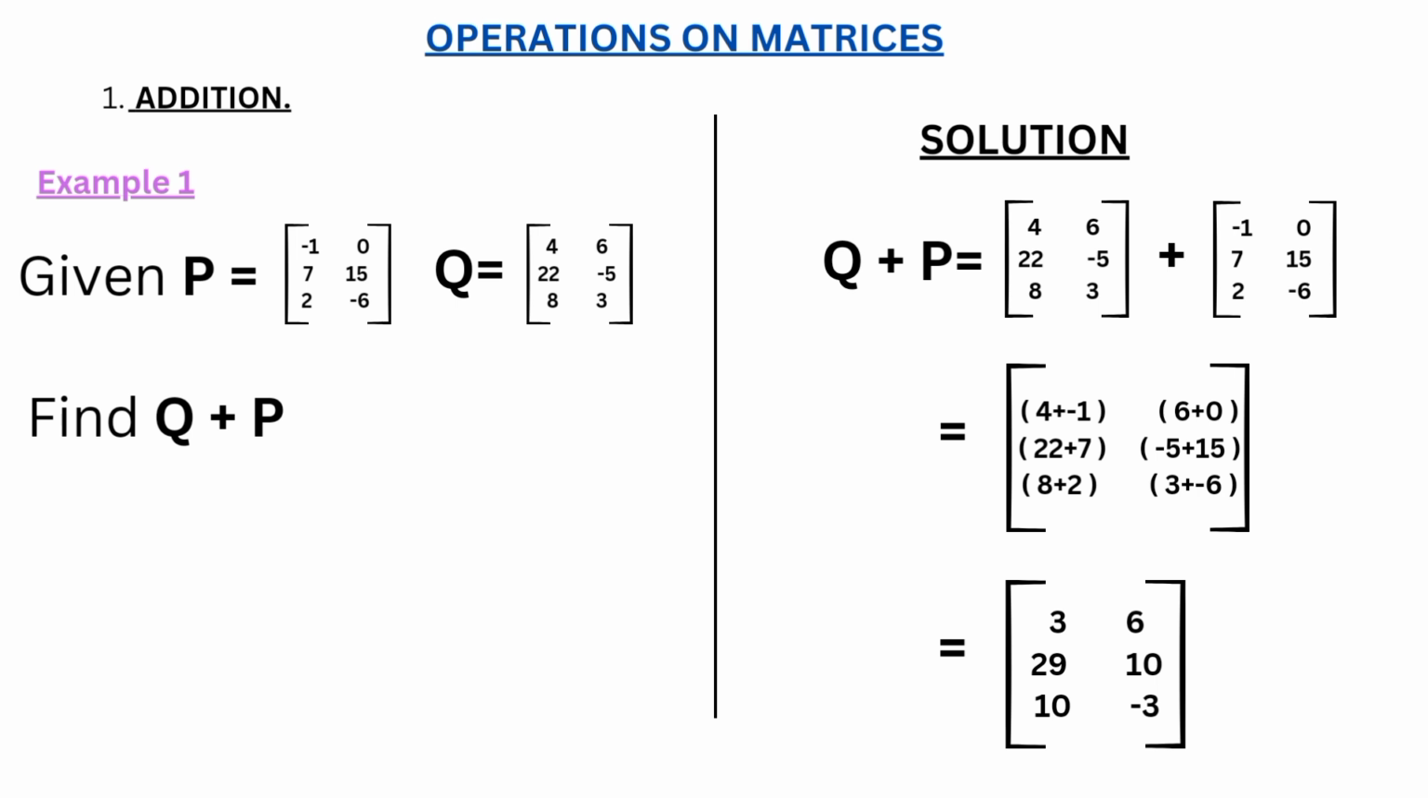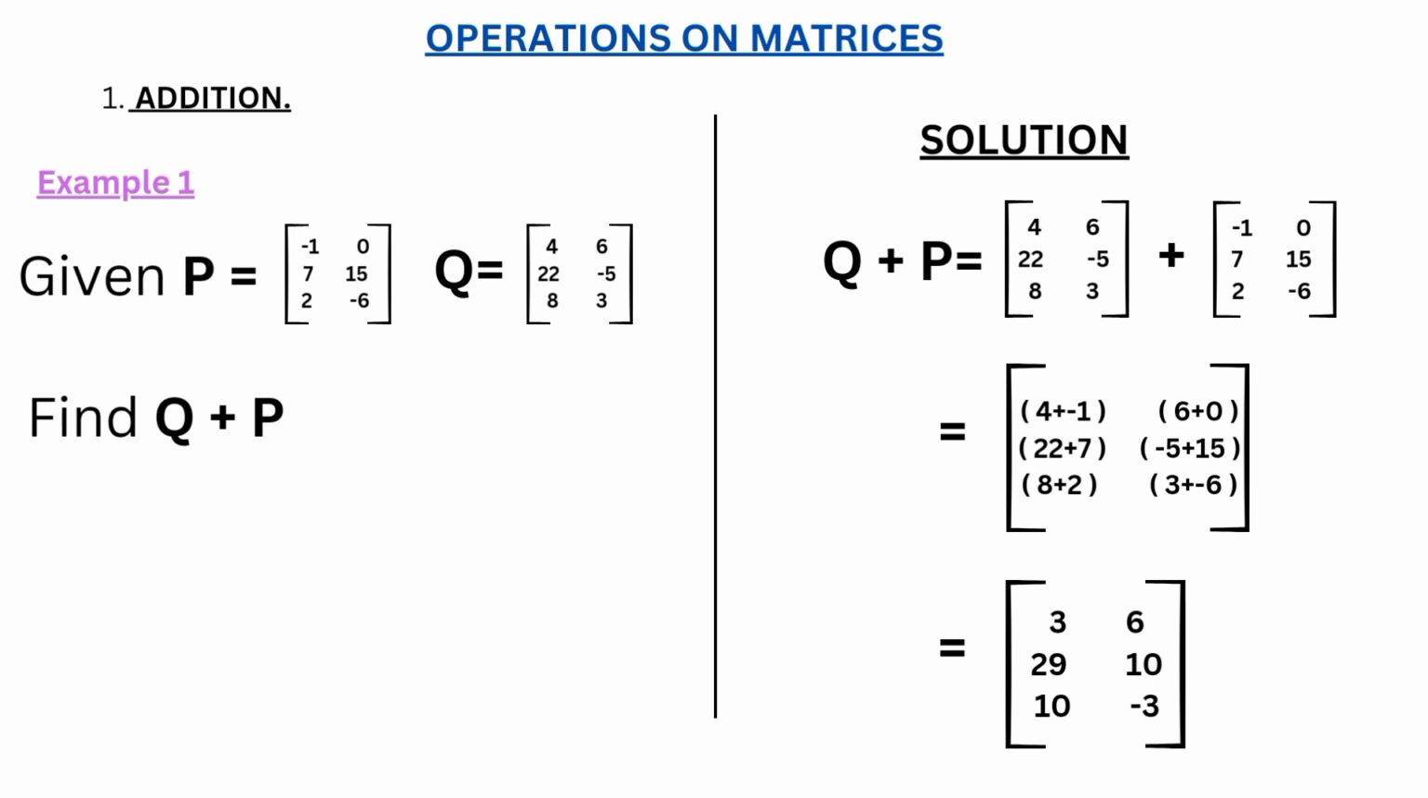Given matrix P, and those are your elements, -1, 0, 7, 15, 2, -6. And matrix Q is 4, 6, 22, -5, 8, 3. Find Q plus P. So something important to note is you can only add matrices that are the same size,